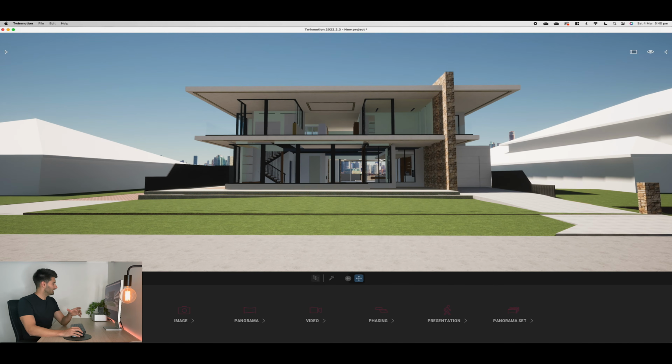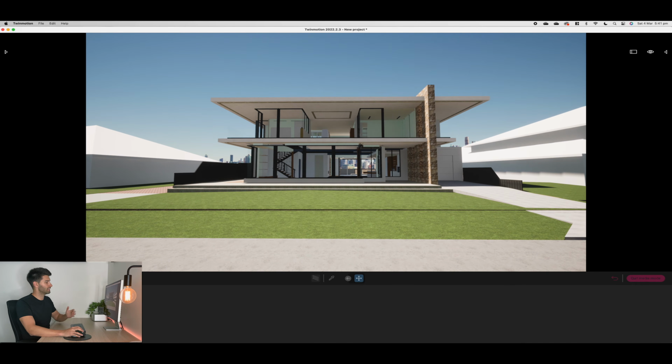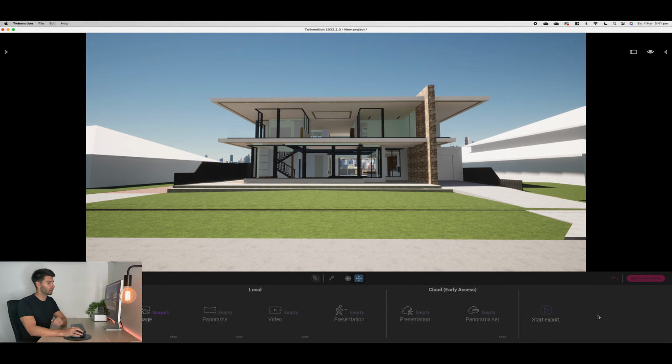So if we come across down here to the bottom to media, go to image and create our first image, it'll automatically punch that image in. Let's save it. And we're going to try to export this image all the way to 4K, the best resolution we can compare against in Enscape. So we're going to leave all the settings as they are. We're not going to touch absolutely anything. We're going to come across to export